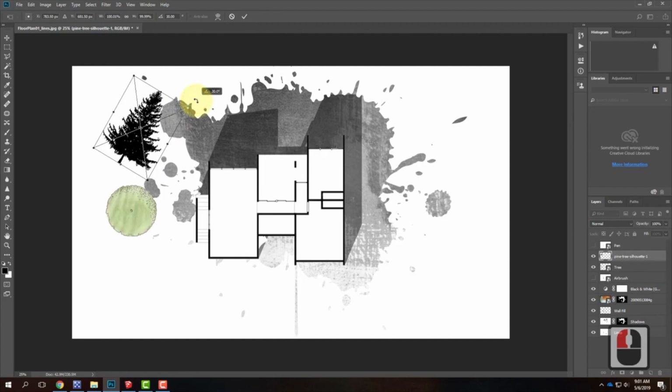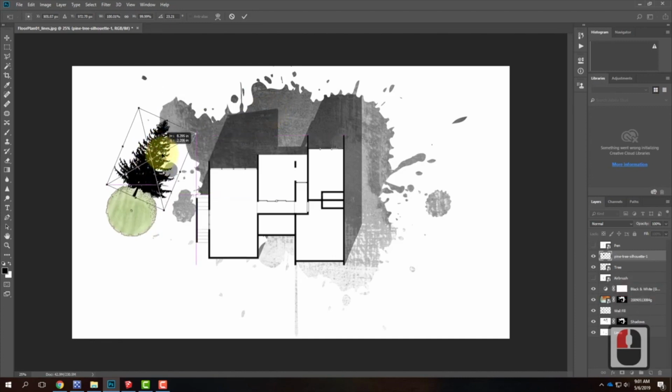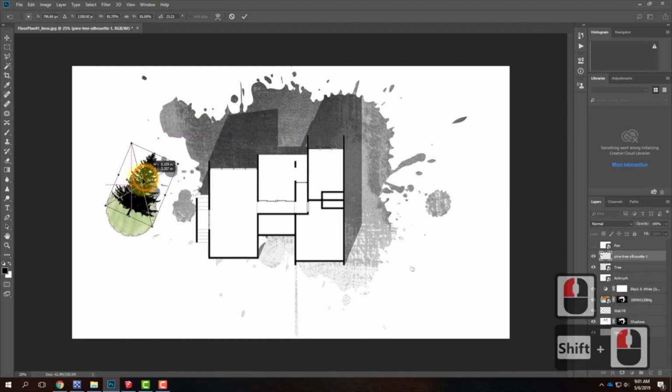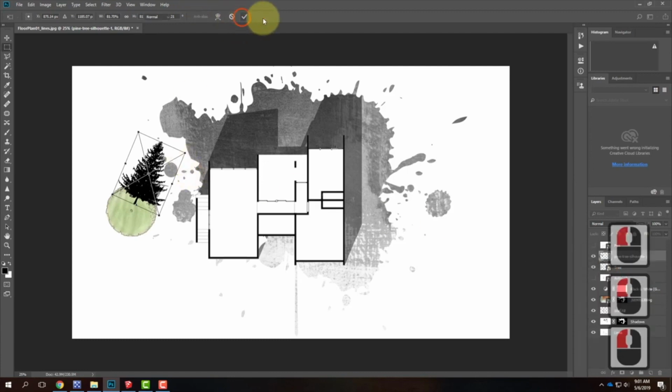I'm going to rotate that a bit. Remember, I want it to be roughly on axis with that shadow. So if I were to line up that diagonal, I want to make sure that the tree is on the same, because it would be casting the shadow in the same direction, like that. I also need to make sure that it's the right height, so we could make sure that the width and the height need to match. So there's my width being about right. Right there is about right, like that. I need to make sure that the shadow is below the tree. So I'll commit to it, make sure that the shadow is below the tree, like that, so it's casting the